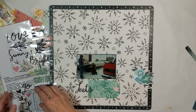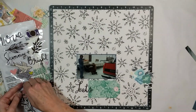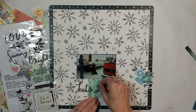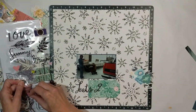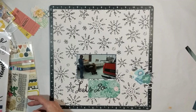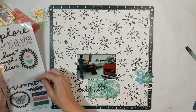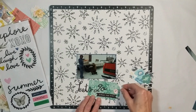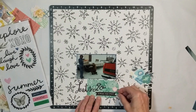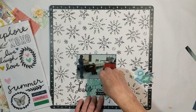it's called Summertime Alpha words. They are like a vinyl, not really puffy, but like an acetate vinyl, I guess is what you would refer to them. And they were released with Maggie Home's Summer Days collection. And I am going to create this title that says, "Let's go enjoy the ride," which is somewhat tied in to